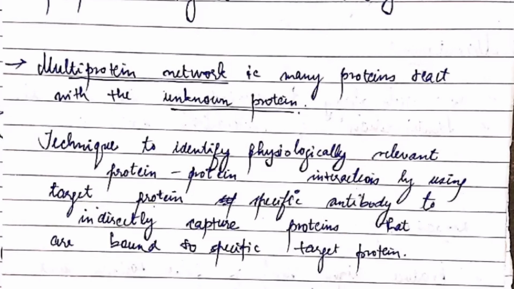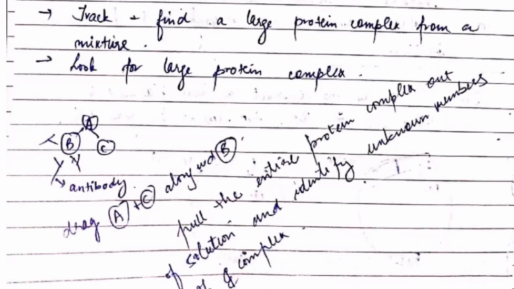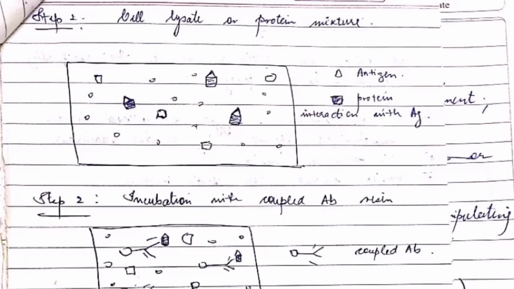Co-immunoprecipitation is applied to screening novel protein-protein interactions. For co-immunoprecipitation, the diagram part is very important. Just go through the diagram, which will help you in understanding the process very easily. In the first step, it shows the cells are lysed, or a protein mixture is taken,